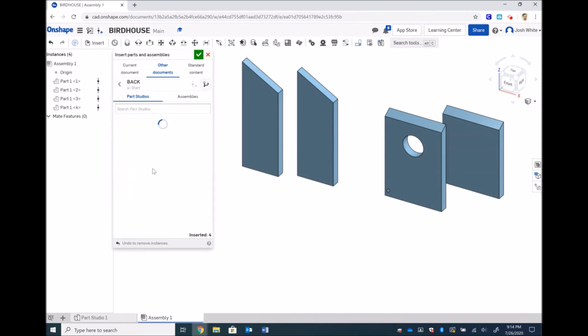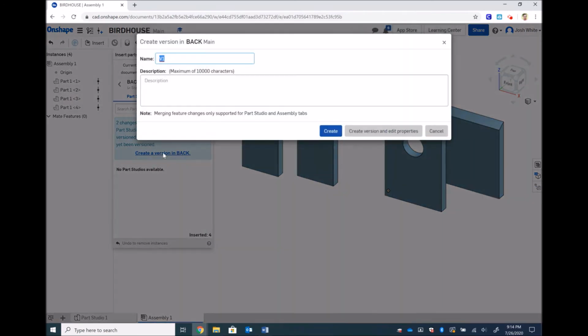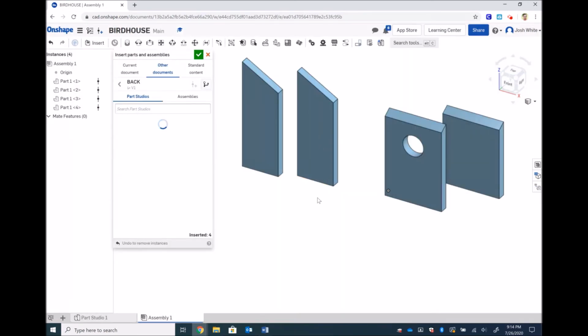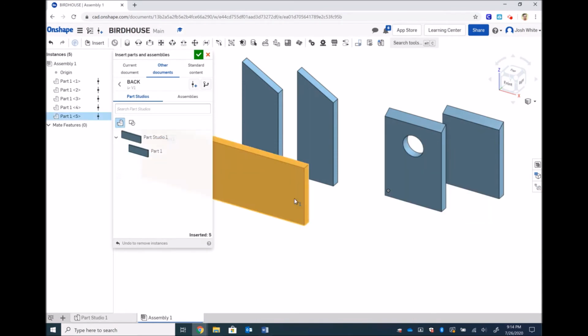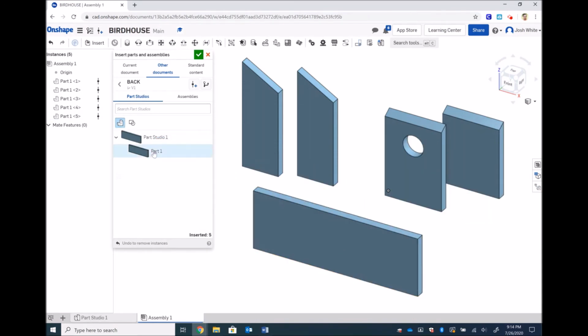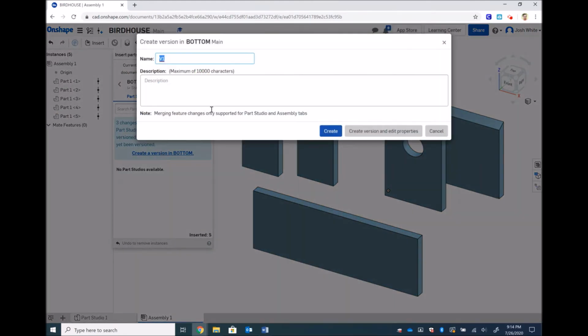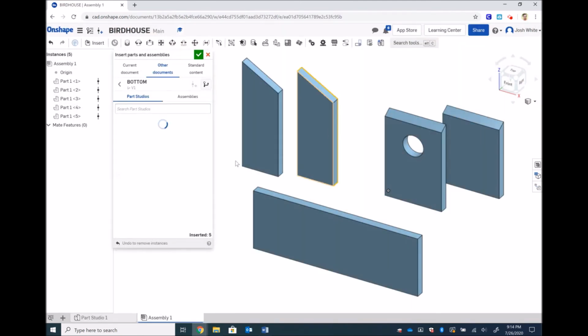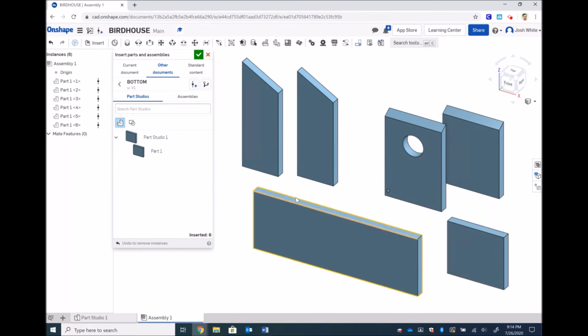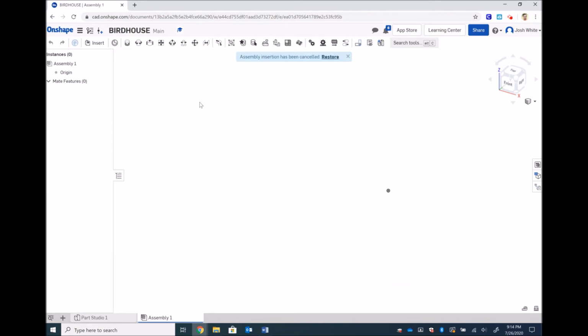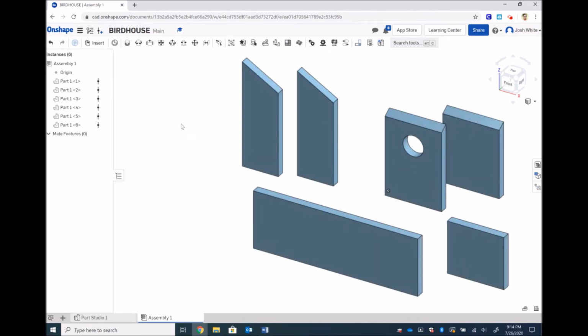We'll go back, we will add a back piece, creating a version and adding 1 back piece, and then we will add our bottom piece after creating the version for it. Now we have all of our pieces.